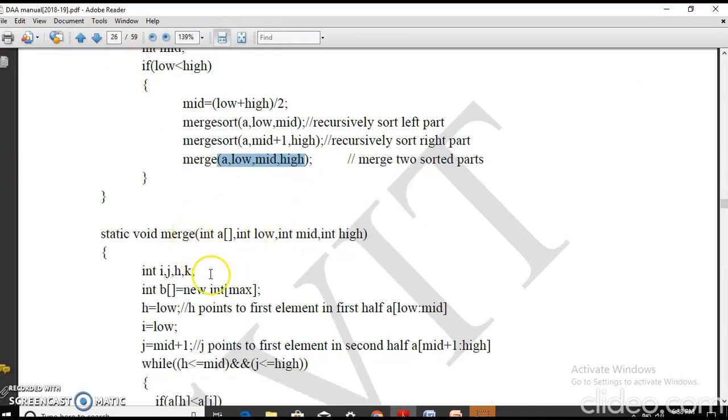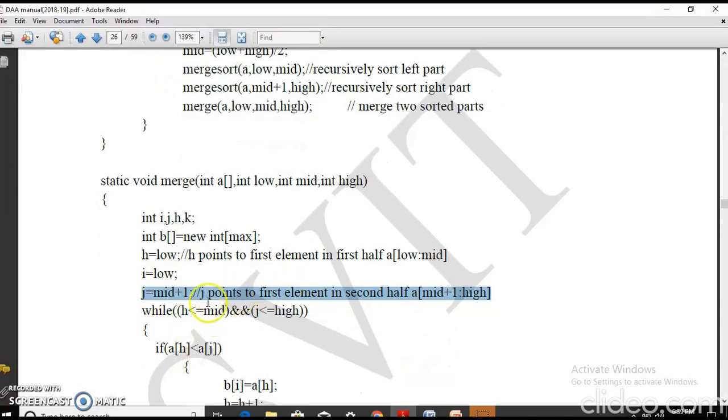Next is merge. Now as I said, we have four variables declared: i, j, h, k, where h is a pointer that points to the first element in the first half, which is ranging from low to mid, and i is equal to low, pointing to the temporary array which I have just created, that is b, which is also of size max, and j is a pointer that points to the first element in the second half of the array, which ranges from mid plus 1 to high.